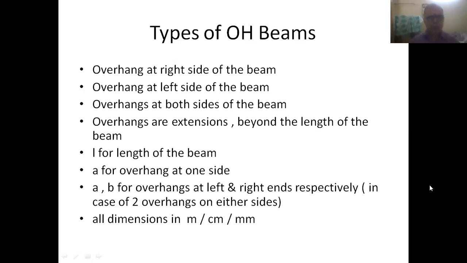Here we have to use some notations for indicating the lengths of the beam and also for indicating overhanging positions, the overhanging lengths of the beam. Generally, small l is used for indicating the total length of the beam, and small a is used for indicating the overhanging distance at one side. It can be either on the left side of the beam or on the right side of the beam. And similarly, if the beam is having two overhangs, letters a and b, both the letters are used for